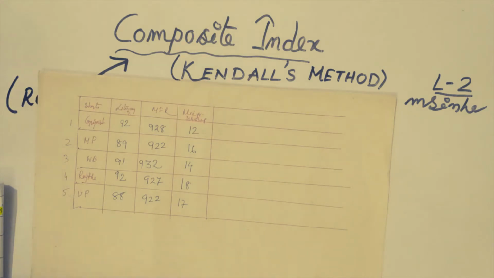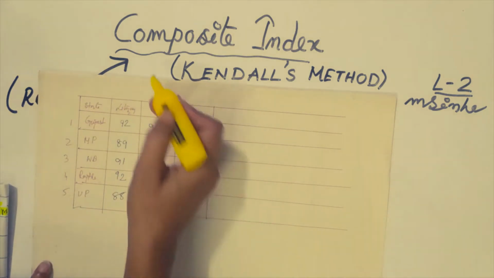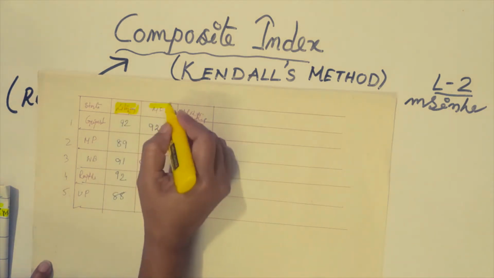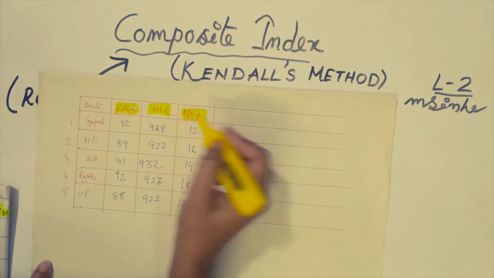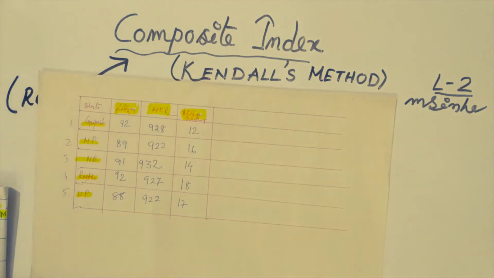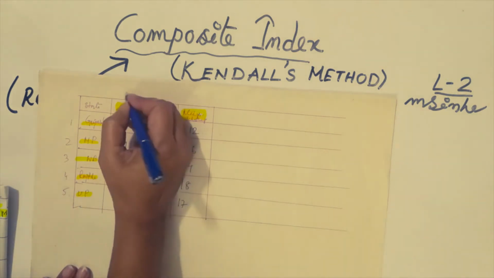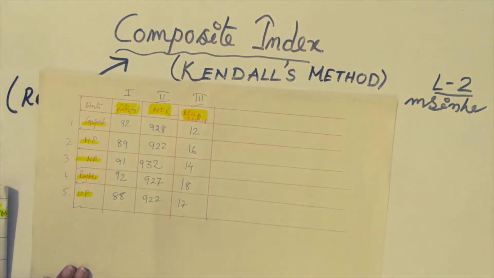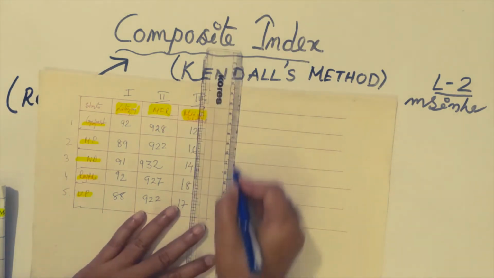What will we do with this data? We will prepare the composite index with the help of the ranking system of Kendall-Tau, which has been used by Kendall in his rank correlation methods. First data is literacy, second is male-female ratio, third is mean years of schooling. Those are the names of the states. First thing is that we have to prepare the ranking for the 3 kinds of information, so we have to prepare 3 columns of ranking.